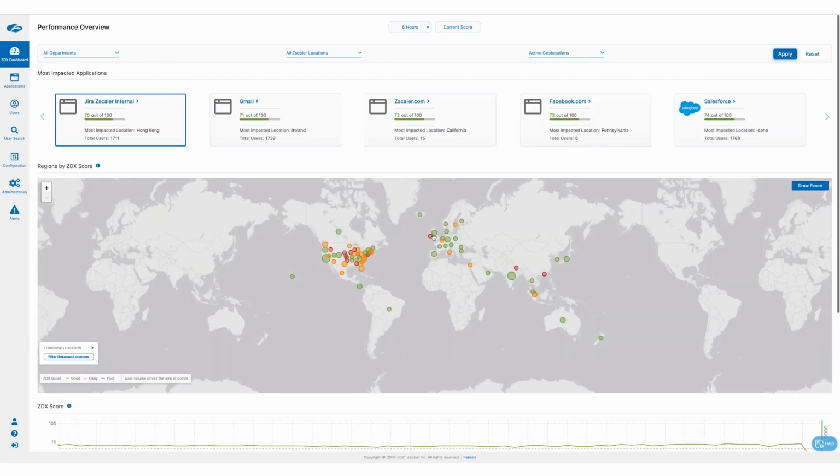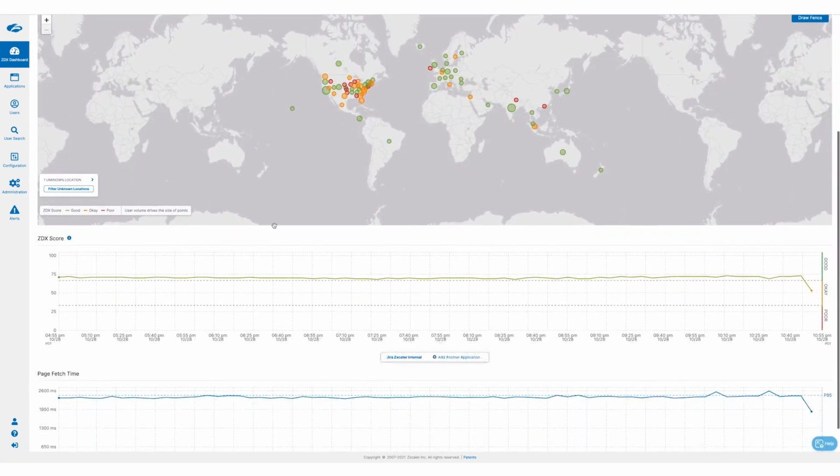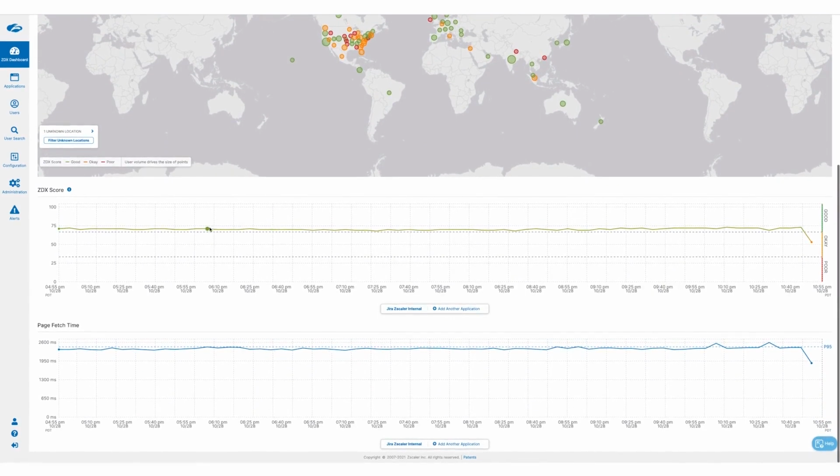So in the UK usually it's green, you can see, and I'm going to show you a very interesting finding that we've seen thanks to CDX. So down here, this is an internal application. We calculate the score, we average, and here you can also see the page freeze time, which is one of the main factors in our formula. And the response time is around 2.0 seconds on average.